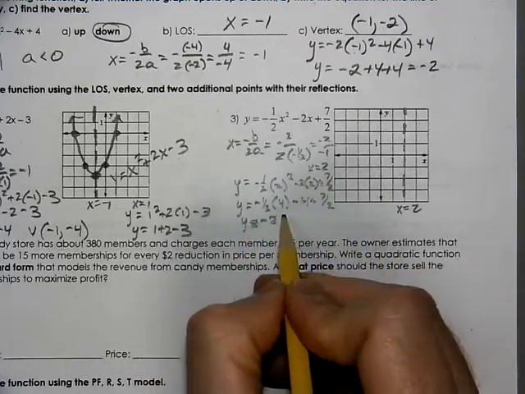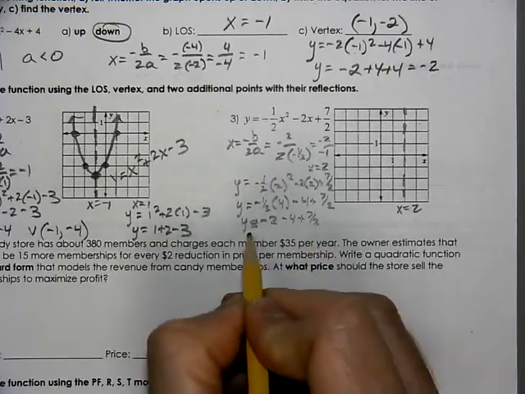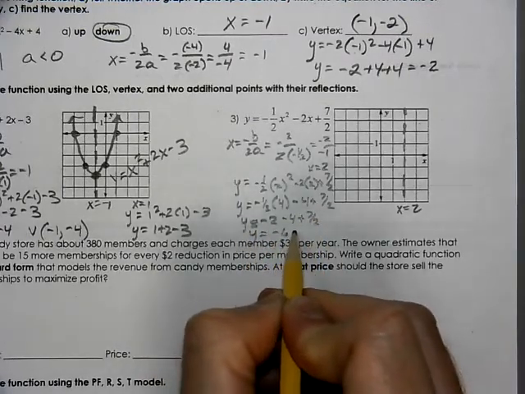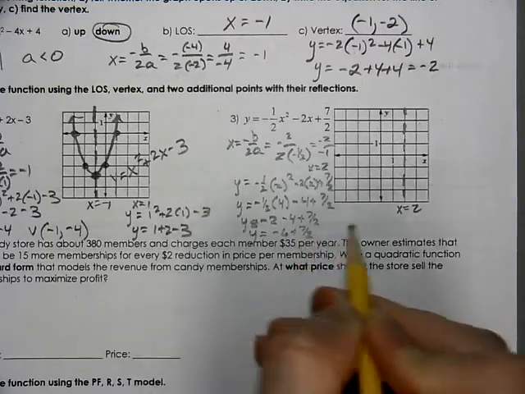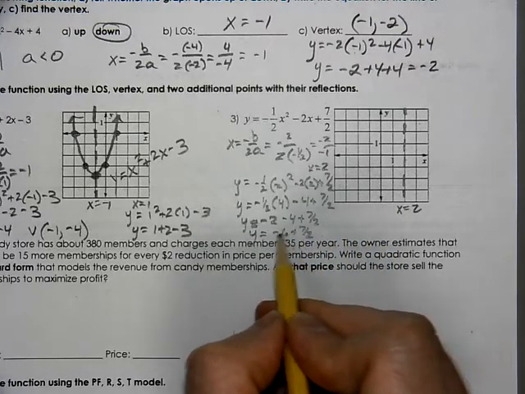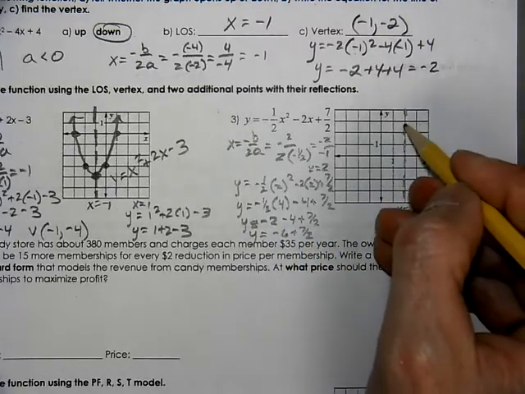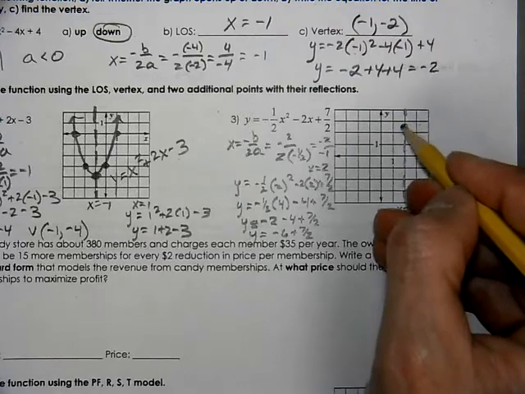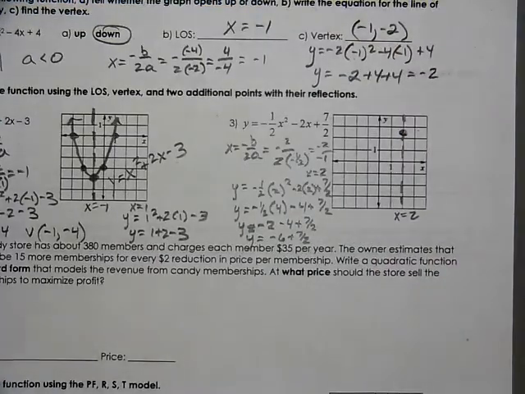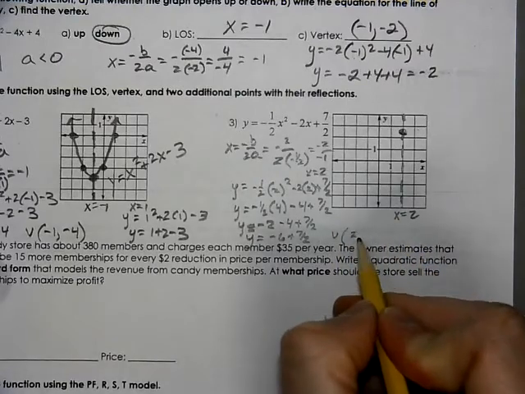Negative half of 4 is negative 2. That would be 12 halves. So it was going to be negative 5 halves, which is 2 1/2. So we found out where our vertex is at. The vertex is at the line of symmetry,